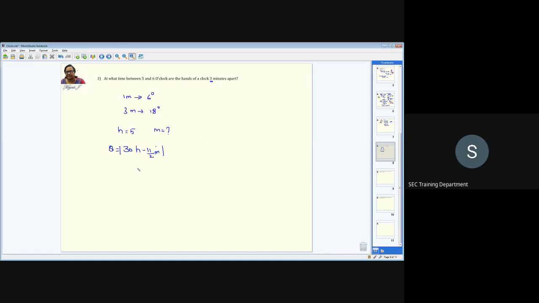So you will be having two angles, right? When you go for this one clock, you can see that for 18 degrees apart, there are going to be two cases. Both the cases you have to find out. Let me consider this clock. So in this, you can see that 5 is somewhere here. The hour hand is going to be somewhere very close to this. I can't say exactly at this point, but the minute hand either is going to be this way or going to be this way. So in both the cases, you're going to get this angle as 18 degrees. You have to find both.